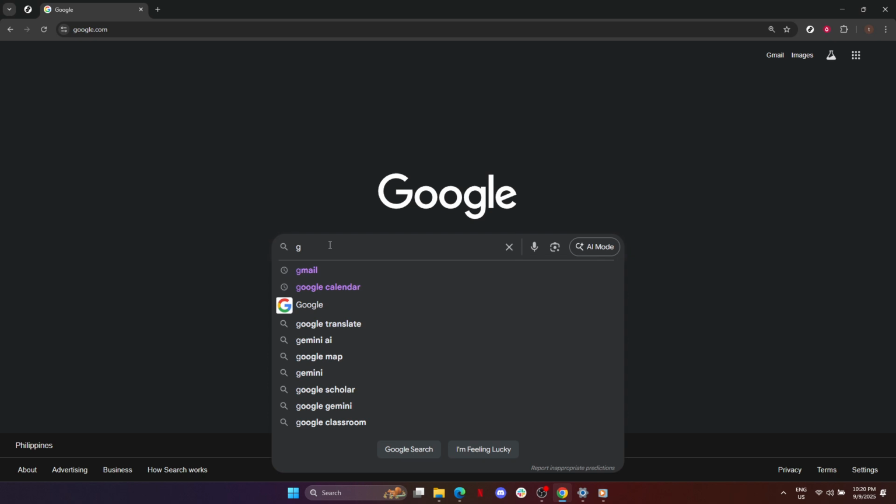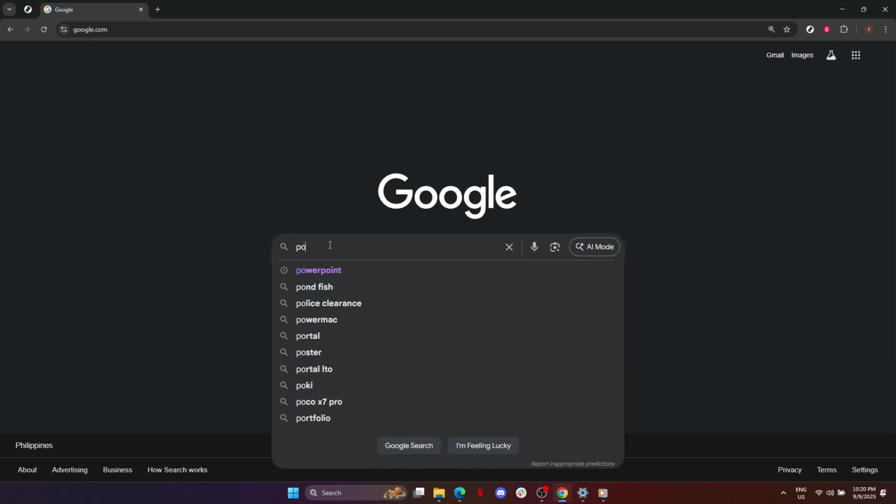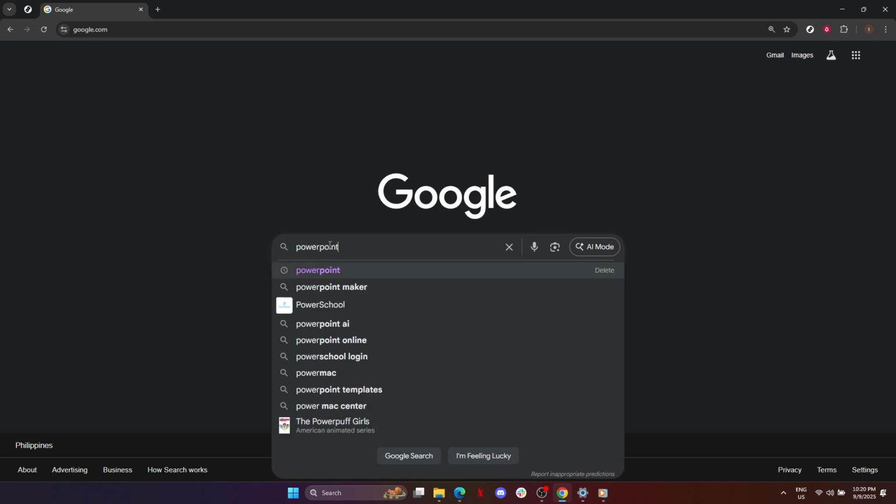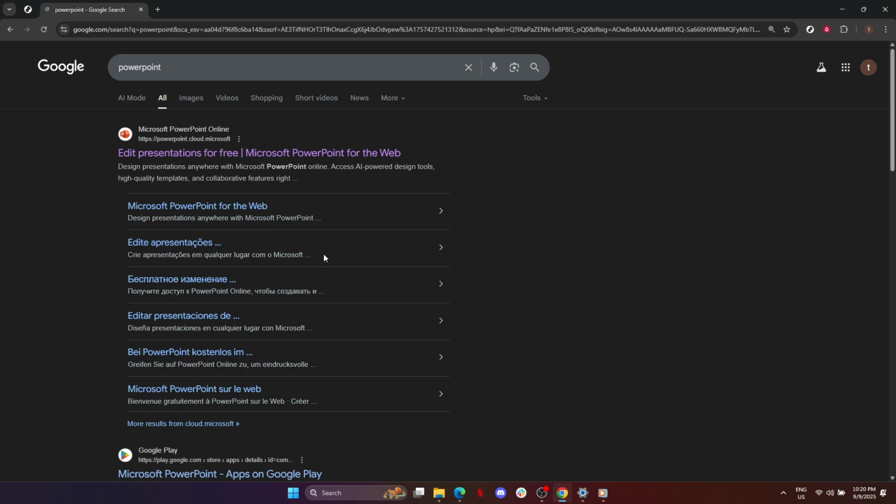Type PowerPoint into the search bar and hit enter. What we're looking for is a link to PowerPoint Online. This will direct you to the browser-based version of Microsoft PowerPoint, allowing you to create and edit presentations without needing to download any software. When you find the link for PowerPoint Online, click on it and you'll be prompted to